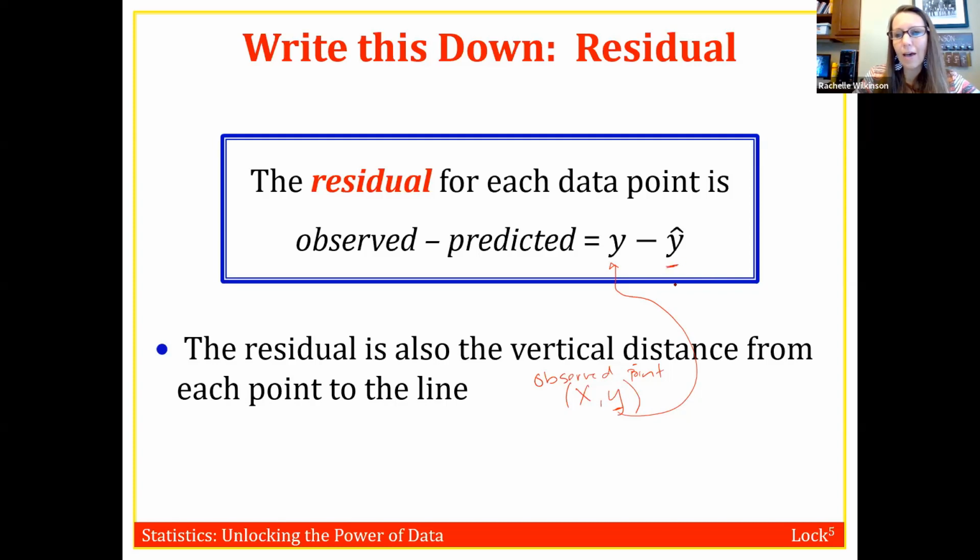Now this Y hat value, what we're going to do is take the observed X value and plug it into the regression equation to get our Y hat value. So take the observed X value, plug into regression equation,